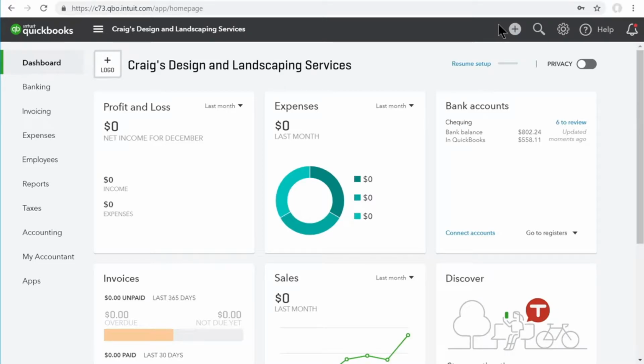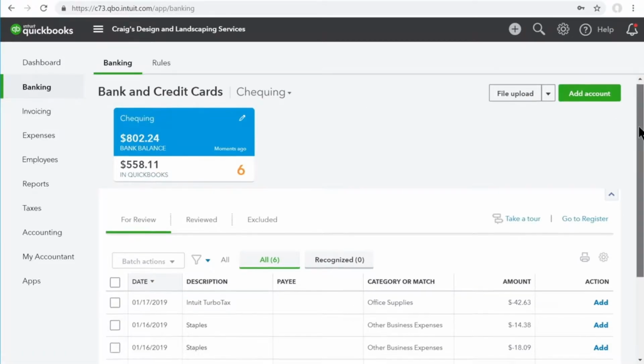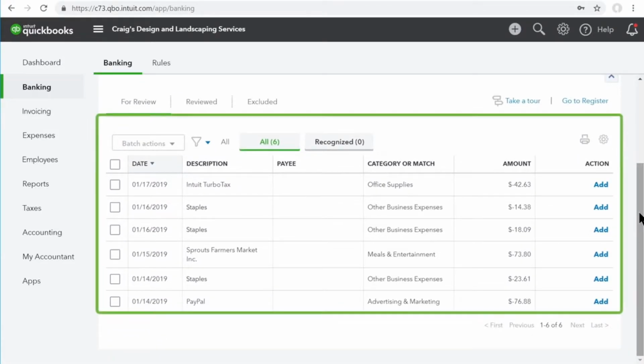You can download most of your purchases with online banking through QuickBooks. Click Banking here on the navbar to access your downloaded transactions. QuickBooks shows you a list of downloaded transactions here. Each one of these lines represents a different instance in which you spent money or deposited money into your bank